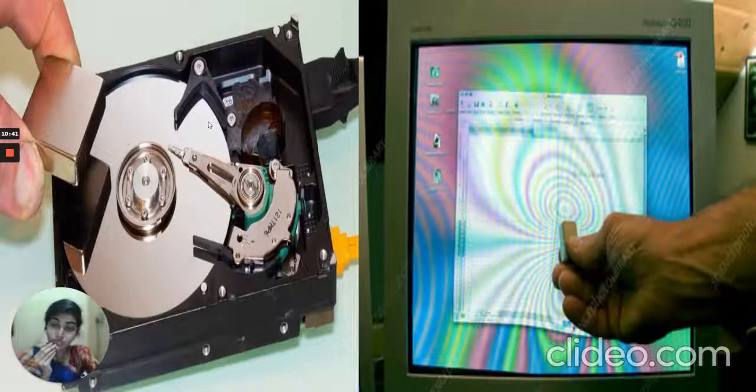And magnets are also seen in hard drives and all. And on the right side, you can see what is it? It's a computer. So magnets are present in computers also. When you try this on your computer, take a magnet and go near the monitor, you can see that lines are formed like how you see in the picture. That's because computers have magnets present in them.